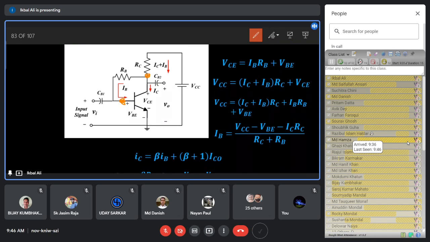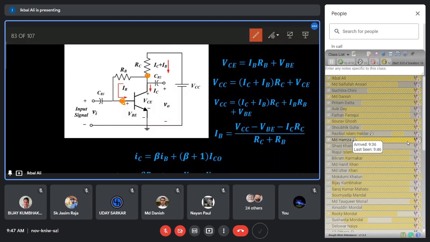As I have said earlier, what is the purpose of the biasing circuit? The purpose of the biasing circuit is to flow some constant current between the terminals, as well as to apply some constant voltages between the base-emitter and base-collector junctions. Why do we bias the transistor? Why is this biasing circuit required? Because we want some amplification from the transistor. We want to amplify a signal from this transistor. First, we have to bias.